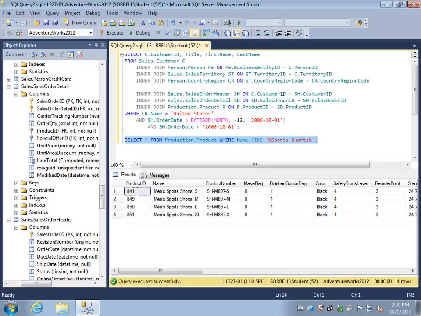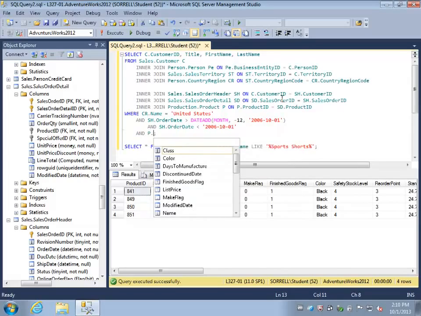Now, there might be different ways of handling this requirement. I could find the product IDs using this method first, and then list them all individually in a where clause, perhaps with an in comparison operator. Or I could take the product number, which certainly looks very similar for each of these sports shorts, and then add a simple wildcard at the end, or I can use a wildcard on the product name. Your specific requirements may vary. In our case, the best choice might be to query based on the product name,